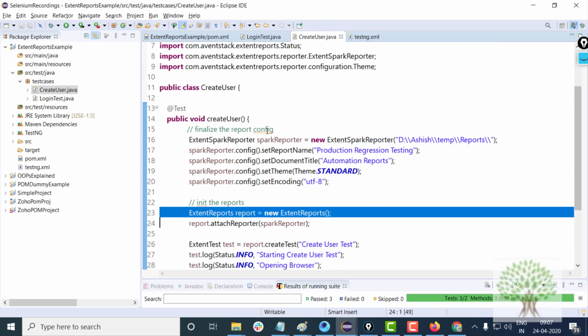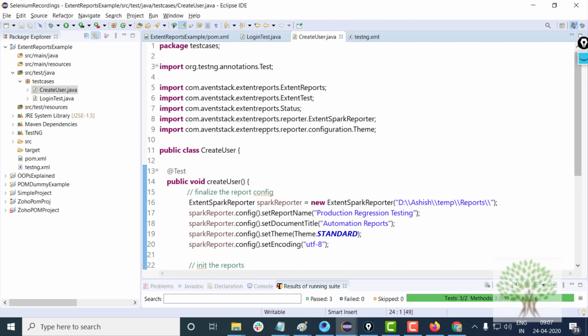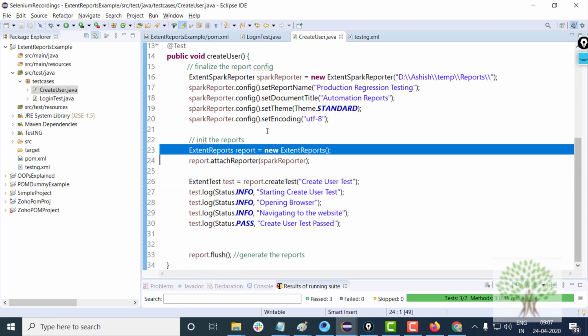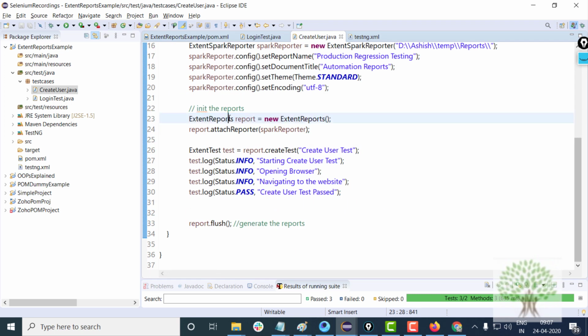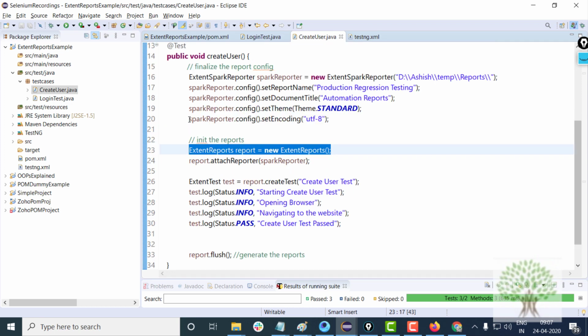We will be taking help of a design pattern known as the singleton design pattern. In Java there is a design pattern known as singleton, with which one object can be shared with multiple classes.